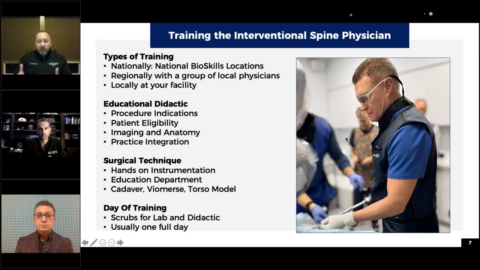But the answer to your second question is, the answer to both sides of that equation is they need to see that the interventional pain space is not only embracing these therapies, but has proper patient selection, and even more so, surgical technique. You have to change your mindset, as now these procedures are extremely safe and extremely effective. But one of the things I learned very early on in my residency is that spine surgery has higher complication rates, even if they may be small complications or questions. We get phone calls 10% of the time on every single patient. I can't imagine that an interventional pain physician would tolerate getting 10% phone calls on epidural steroid injections.